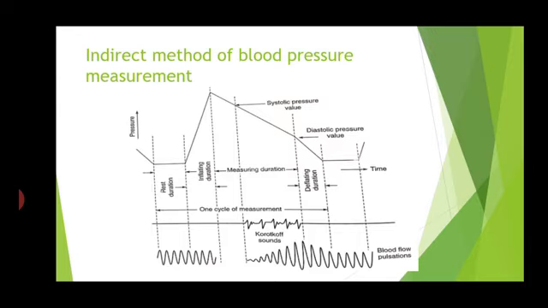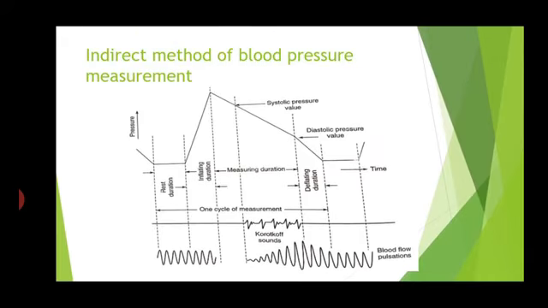Whenever the pressure reaches above the systolic pressure, at that time you should show that the blood flow is totally stopped. Whenever the pressure comes to the systolic pressure, from that point you should show the blood flow slowly going on increasing up to the diastolic pressure. Once you reach the diastolic pressure, the blood flow is normal. That you have to show in the waveform of the blood flow.